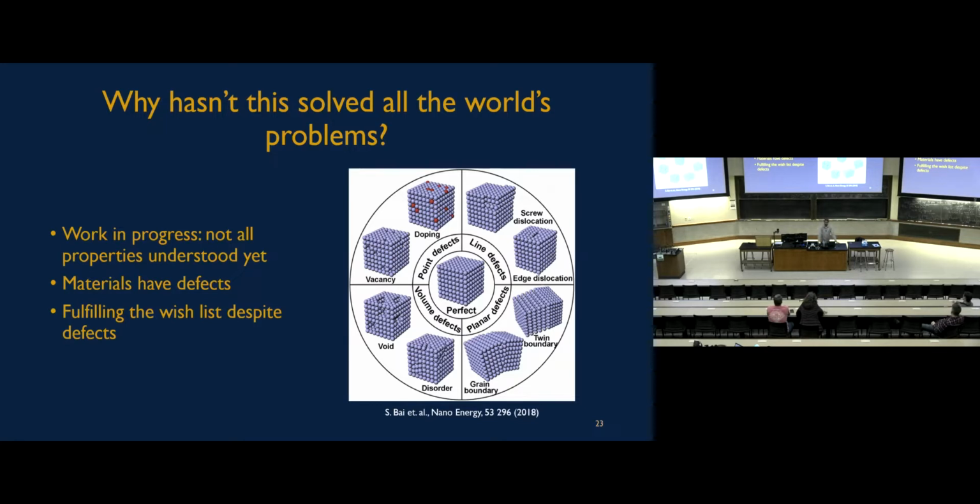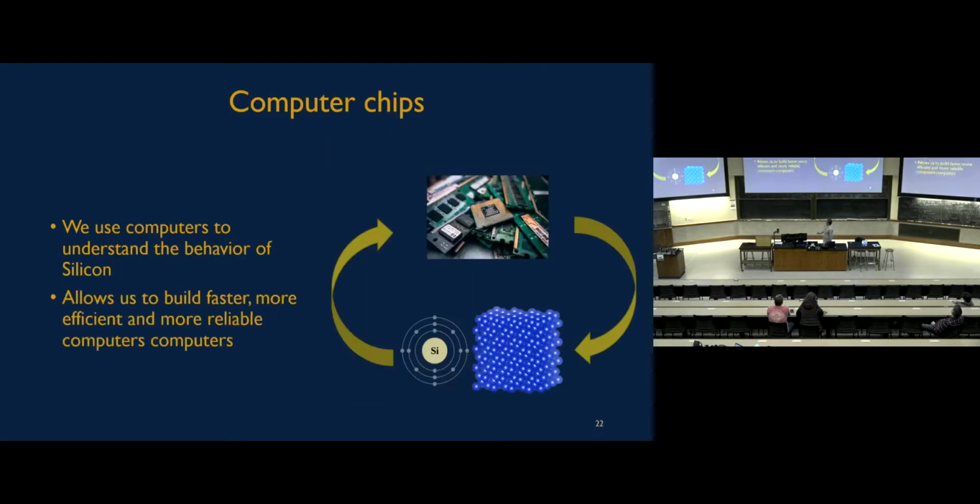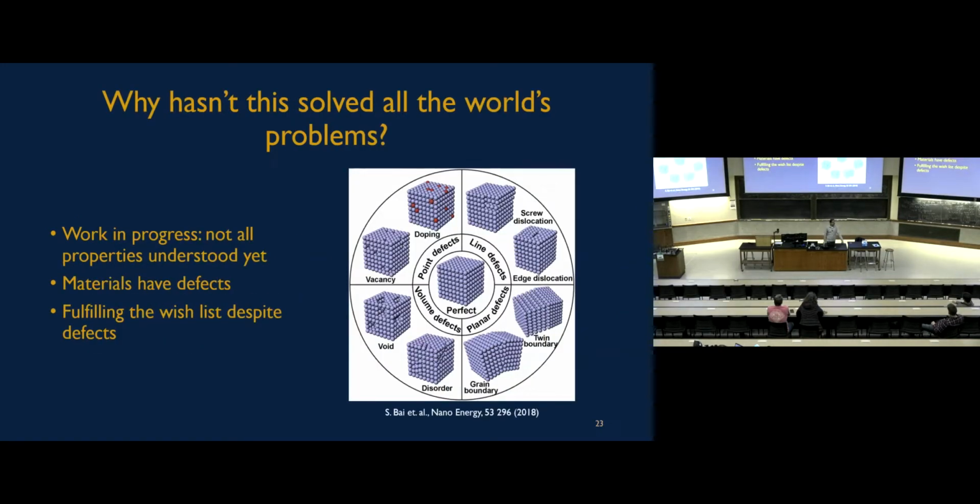As I said before, there are still many properties of materials that we haven't understood, and there are many things that we don't even know that we don't know. And another issue is that in all these cartoons that I showed you before, our materials are just so perfect. But in real life, materials are not perfect. They have all kinds of defects and all kinds of imperfections. So if you have silicon, it's not 100% pure silicon. It has some other atoms sitting in it, or sometimes there are just some atoms missing or misplaced or whatever. And there are all kinds of defects.